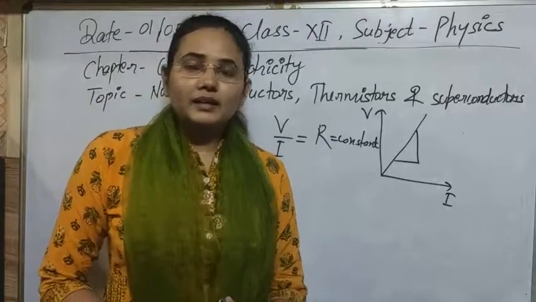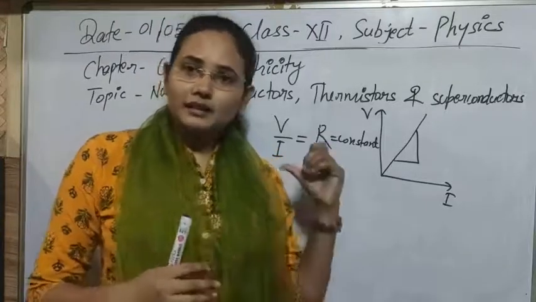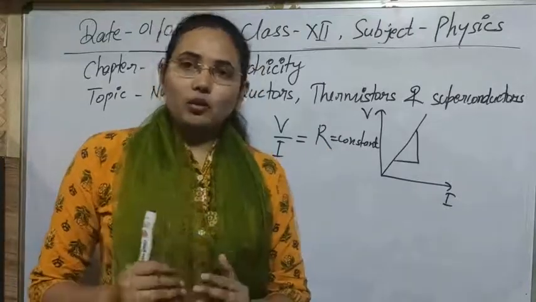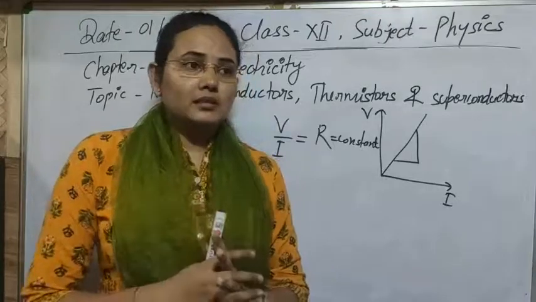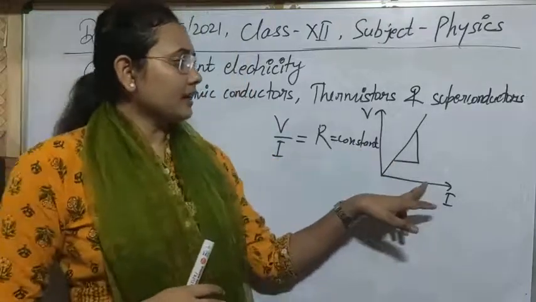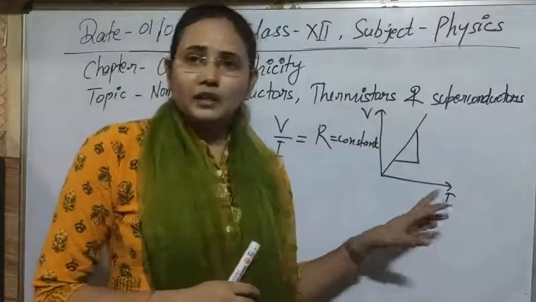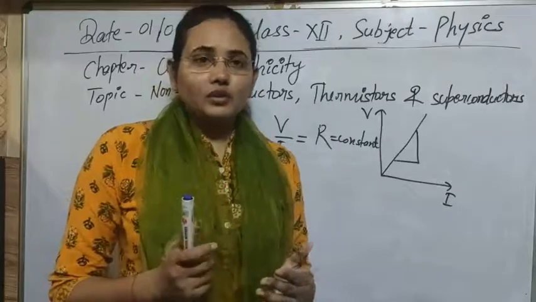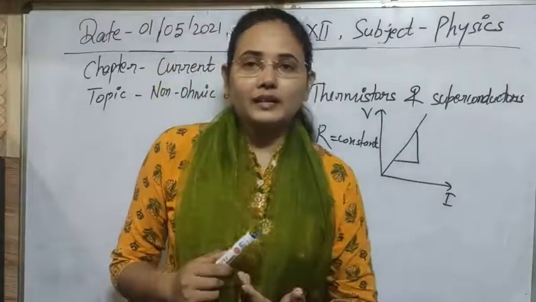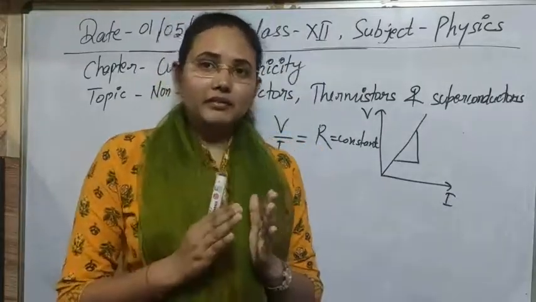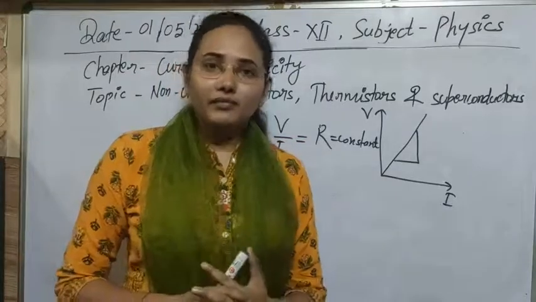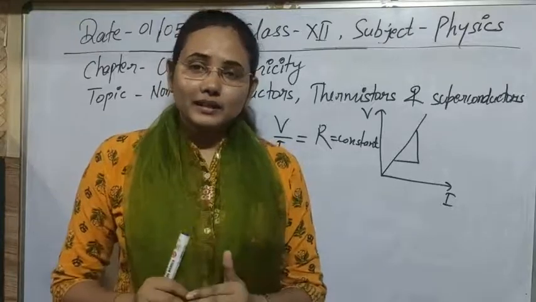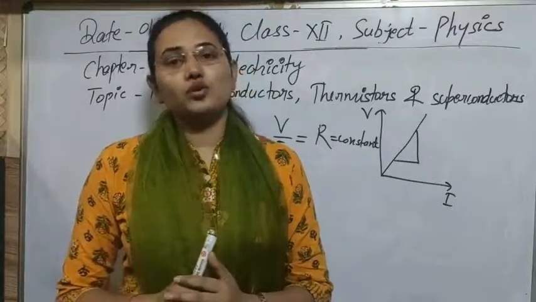And for the non-ohmic conductor, in this same topic we will discuss the limitation of Ohm's law. Somewhere Ohm's law doesn't follow, meaning somewhere this characteristic between V and I is not a straight line, not linear, and is varying. So where the VI characteristic is not straight, not linear, that kind of conductors, that kind of materials, are known as non-ohmic conductors.